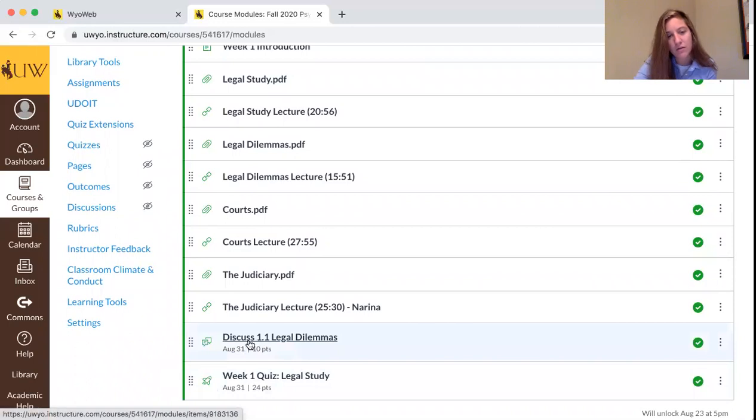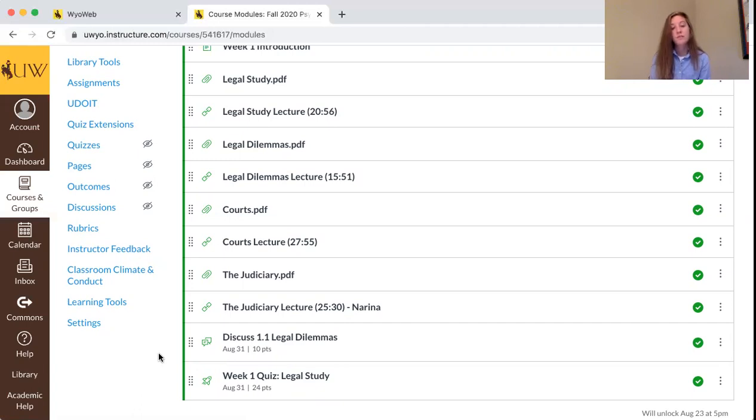Another thing that you will notice is that on some modules at the end of the week, there is a discussion. So I believe that there are 8 discussions throughout this course, and there are 12 quizzes. But as I did mention on the syllabus, 1 quiz and 2 discussions will be dropped. So if, for whatever reason, you can't take a quiz one week, or you don't have time to participate in a discussion, or you just choose not to, that's totally up to you.